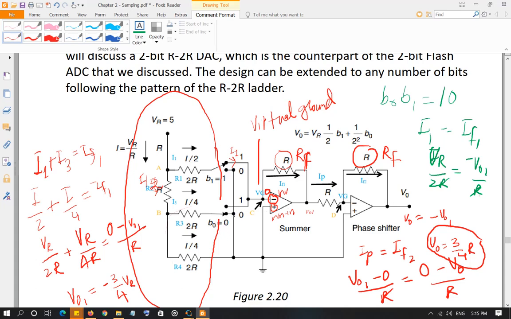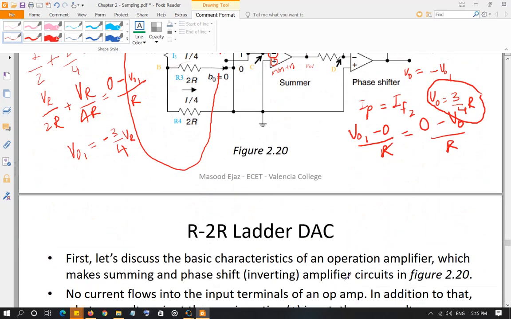So this is how the circuit is working, and it is converting the switches which are acting as input bits. If they are on, it is 1, if they are off, it is 0. The values of those switches are converted back into voltage, but that voltage, remember, is not the actual sample voltage, that's the quantized voltage. It is giving you only 4 values of that voltage. It's going to give you 0 volt when the input is 0, 0. It's going to give you 1.25 volt when the input is 0, 1. 2.5 volt when the input is 1, 0, and 3.75 volt when the input is 1 and 1.